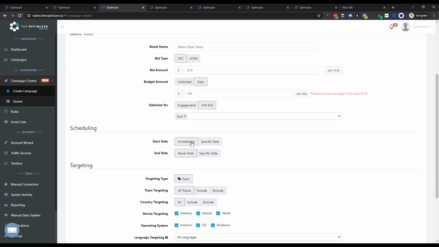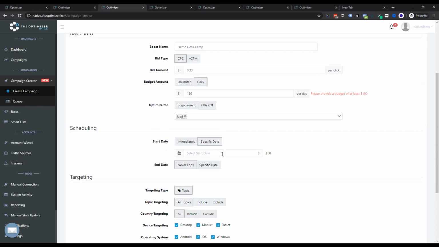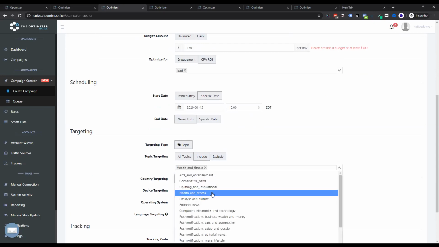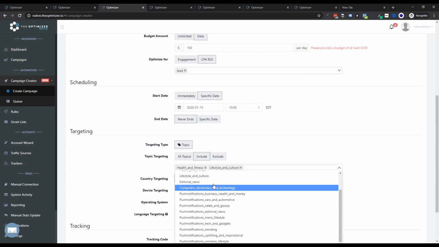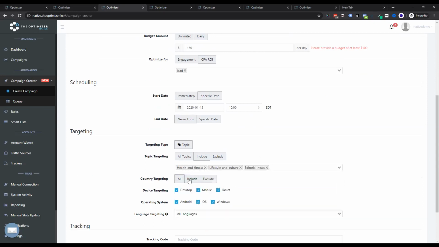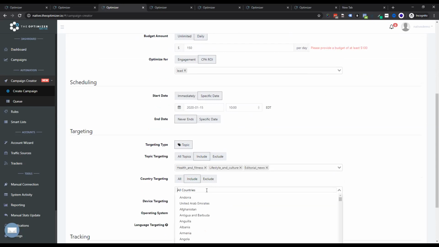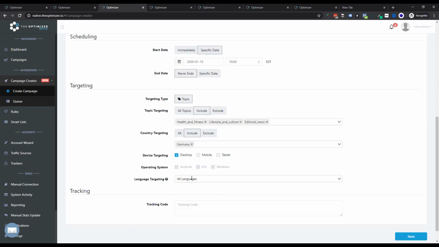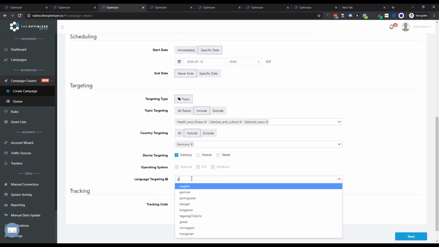Rev content. Then we can specify the schedule we want to run this campaign. If we want to start it, let's say from the 15th of January at 10 o'clock, and we specify an end date, as well as the targeting topics. Let's say we want to run health and fitness, lifestyle, and editorial news categories. We want to target only Germany in this campaign, and we are targeting only desktop devices. We can even specify the language here to be German,